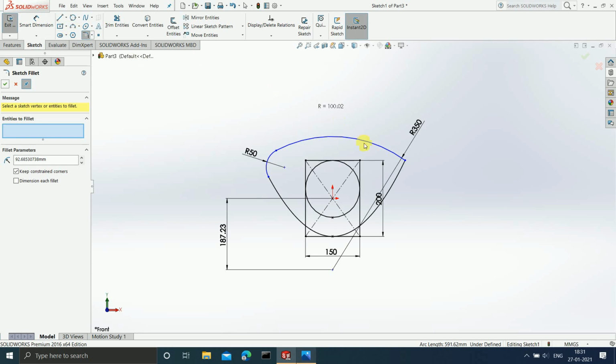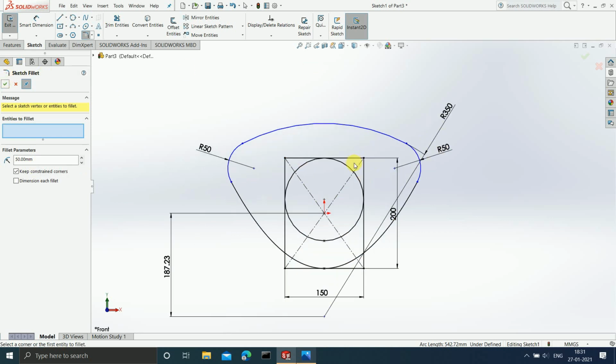I will click on this thing, I will select here, and now because the specific radius would eliminate, I have to change the radius. I will enter the 50. I have selected this arc already. So I have just selected this first arc initially, then I have defined the radius to be 50, and then I selected this parabola. Now it is showing 50 mm properly, so I will click on OK.